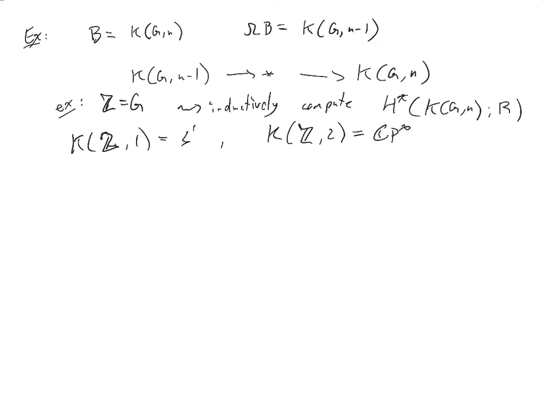But let's first look at the one for CP infinity. So notice that the induction is kind of going up as you go to the right. So in this case, the spectral sequence looks like